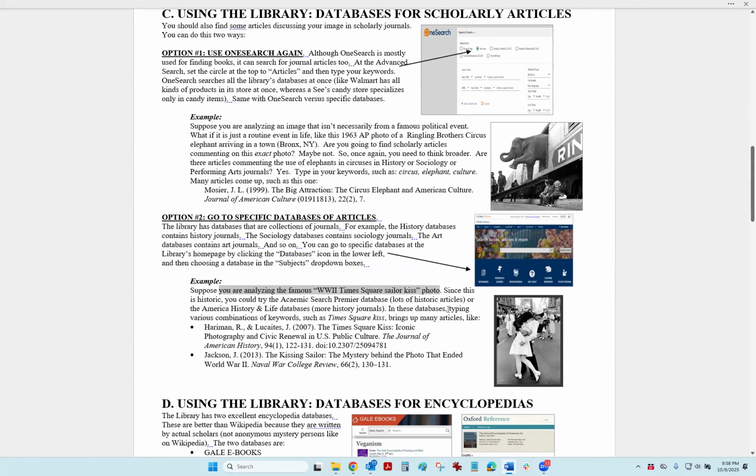This one right here, very famous photo after World War II. Since this is historic, you could try the Academic Search Premier database. That's a database that's got lots of historic articles. Or you could try the America History and Life database. That's a history database. All right, so in these databases, here's the kind of combination of keywords that you could